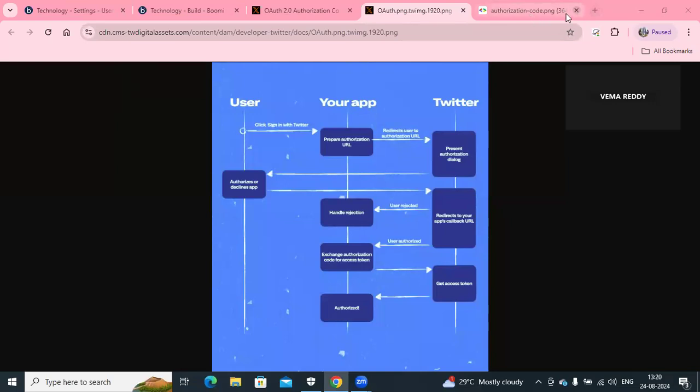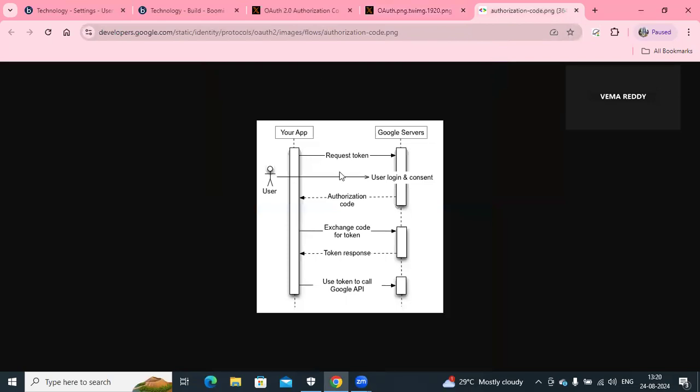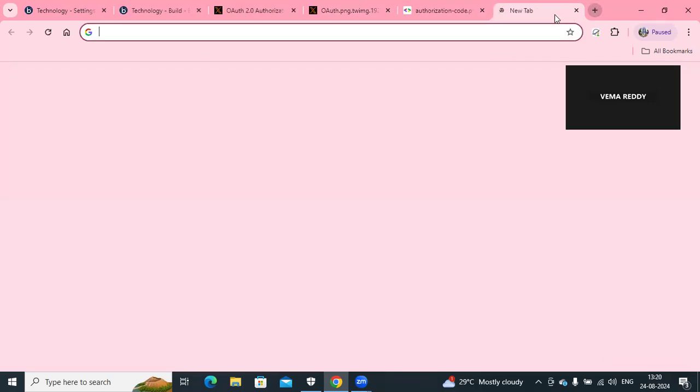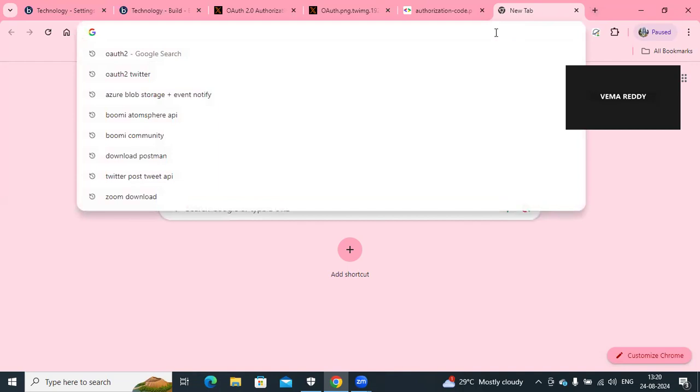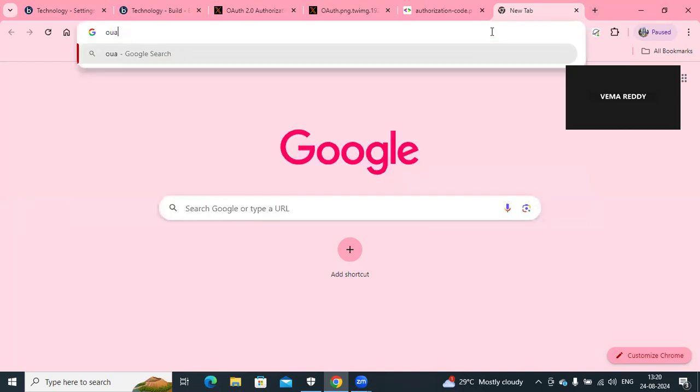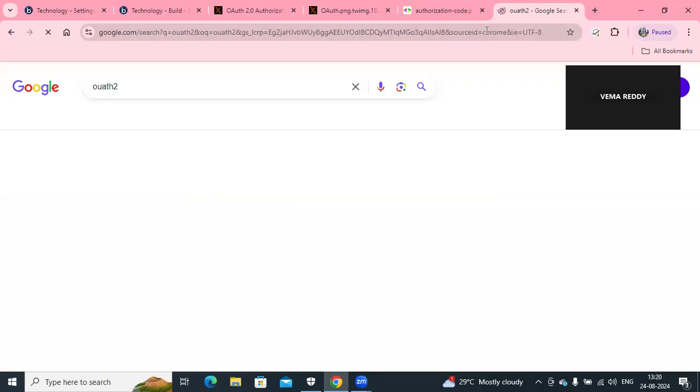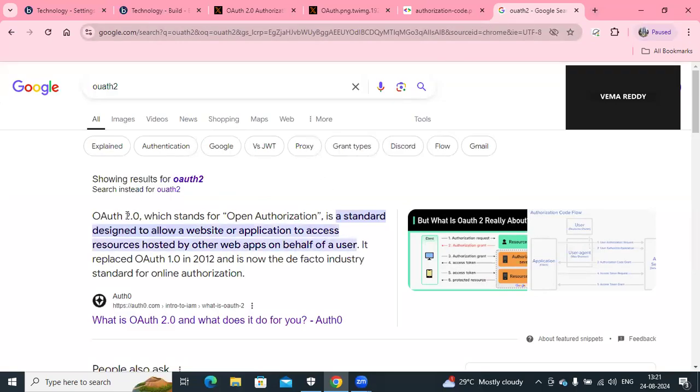See, there are many OAuth2 providers. Like you can see, Google also has a similar setup, but the concept is the same. OAuth2 is basically an authorization framework. It has now become the standardized version. Earlier we had OAuth1, and 2.0 is the next version of it. OAuth2 is basically open authorization: O stands for open, auth stands for authorization. So this is a standardized authorization framework